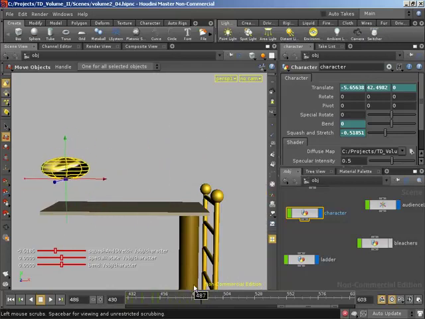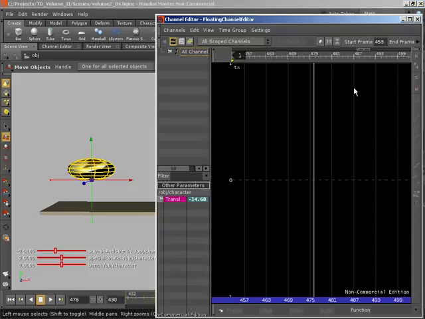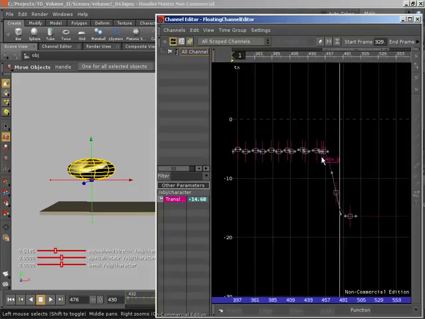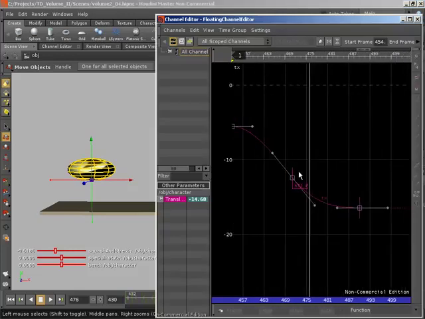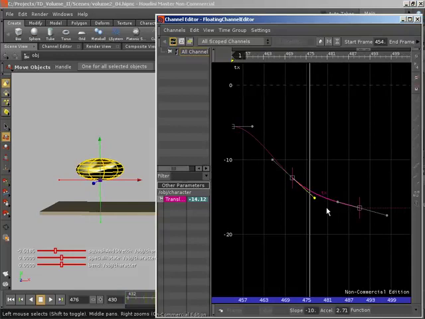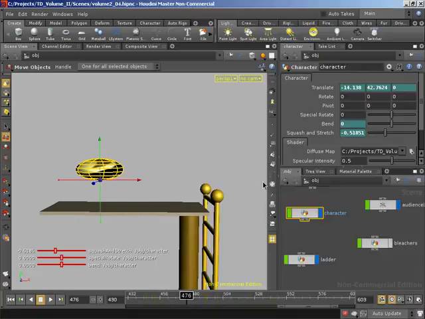It's kind of like slowing down just a tad. So I'm going to shift middle click on translate X, H to home up. And here where we've got the end section of our translate X, I'm going to change the tangent so that instead of decelerating, so where we're changing over time, we were holding a very similar X value on the end. I want that to be still changing in X as we come to the end. So I'm going to bring off the weight on this final tangent. So instead of holding this X value for a few frames, we're only going to hold it just for a couple of frames, which means we're going to have less of that noticeable deceleration as our ball moves to the